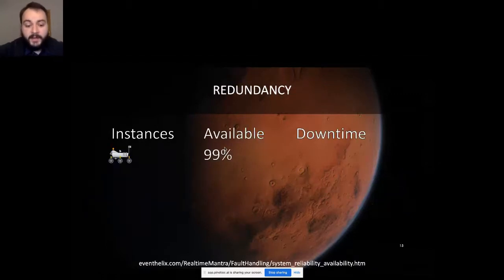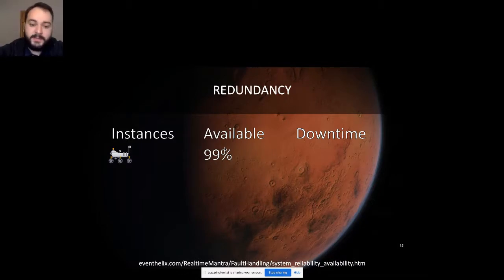And actually having multiple instances is very useful, because here we will have some math. If you have one instance which is available 99% of the time, which sounds like a pretty good number, it actually means that you will have a downtime of 365 days per year. Your service will be unavailable.